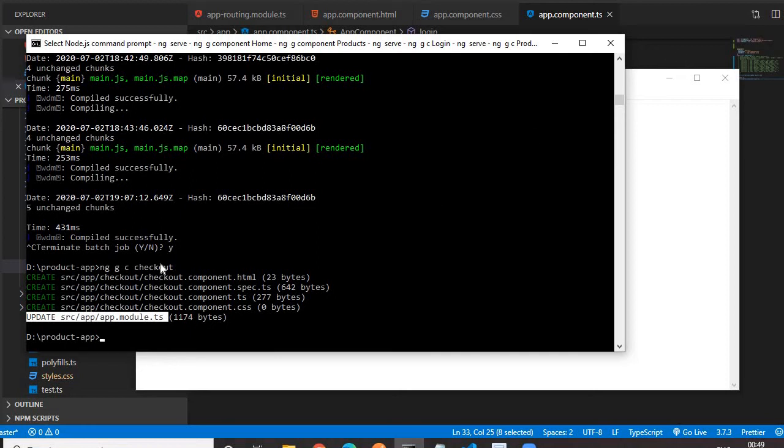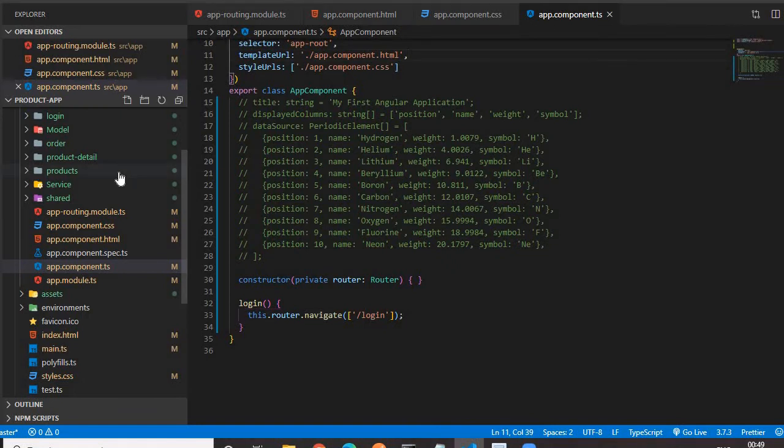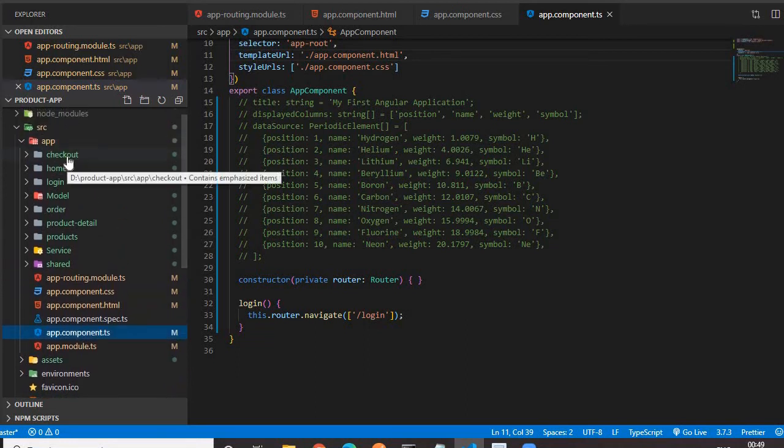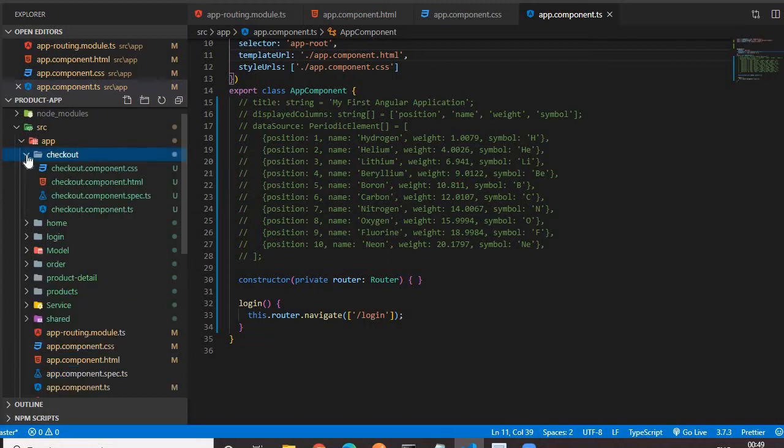We have created a component named checkout component. Let me go to the code base. If you see, a folder named checkout is created, and if you expand the folder, you will find the checkout component. We have the HTML file, CSS file, spec file, and TS file.